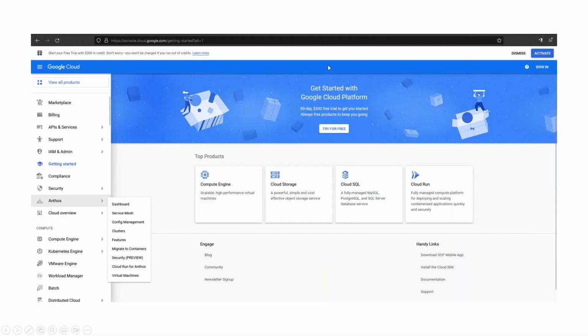So if you don't have a Google Cloud Console account or a Google Developer account, you can go to console.cloud.google.com. And if you're not signed in, you'll get a whole bunch of stuff all over the screen telling you to sign up, start your free trial, $300 in credit. $300 in credit goes a really, really long way.